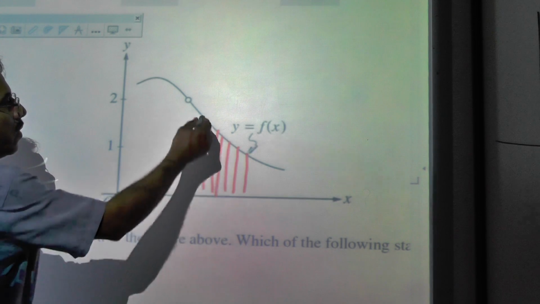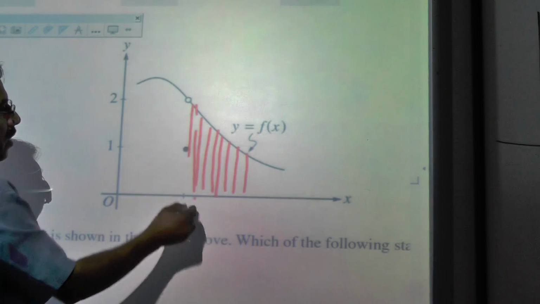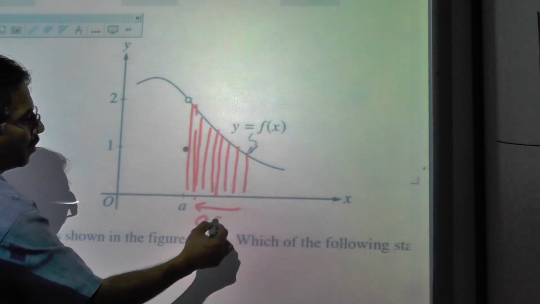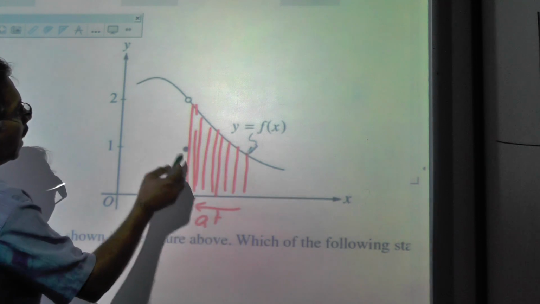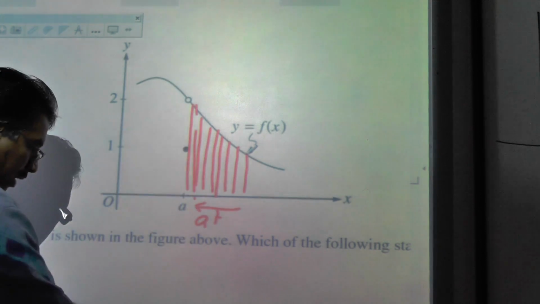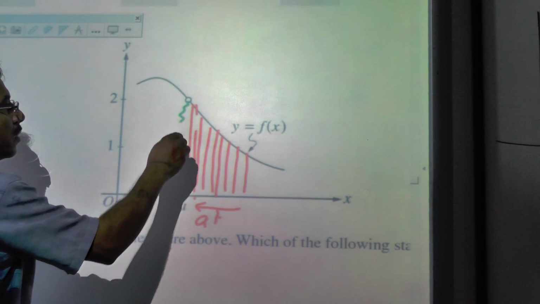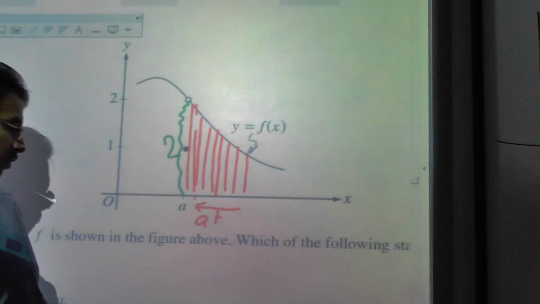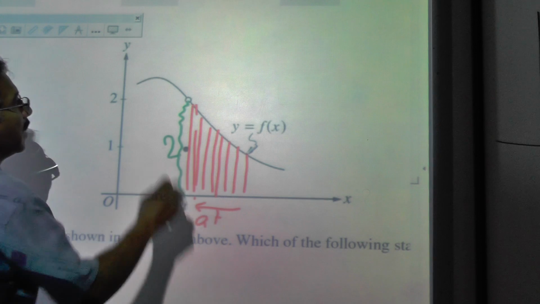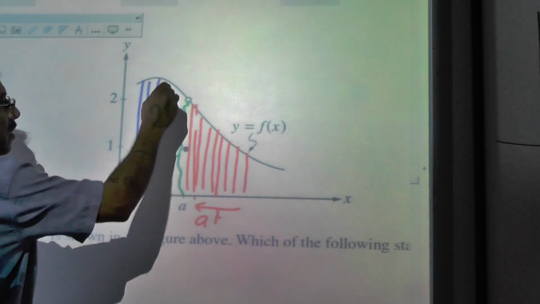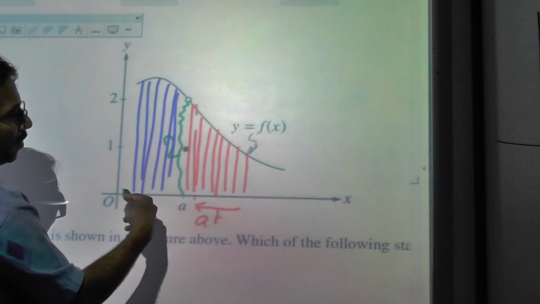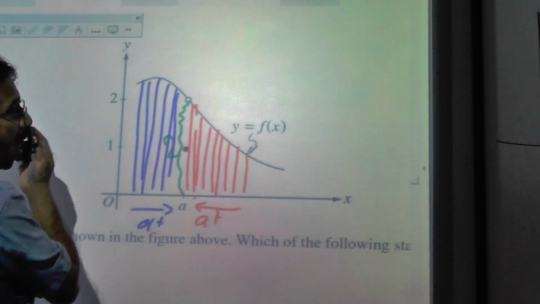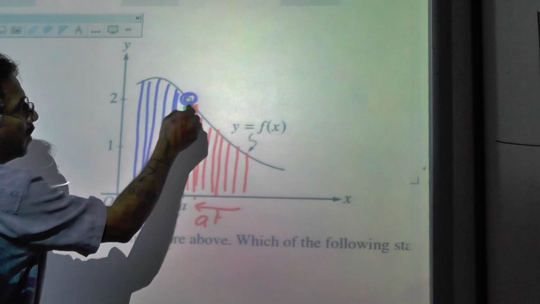The heights go on increasing, and when you approach A from the right side, the height is 2. And if you approach from the left side, again it comes near to 2. So the left limit and the right limit are the same, but there's a hole here, it's empty,